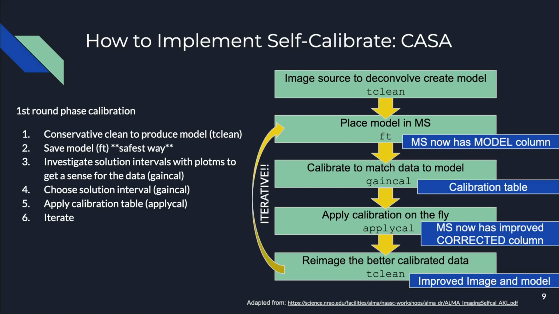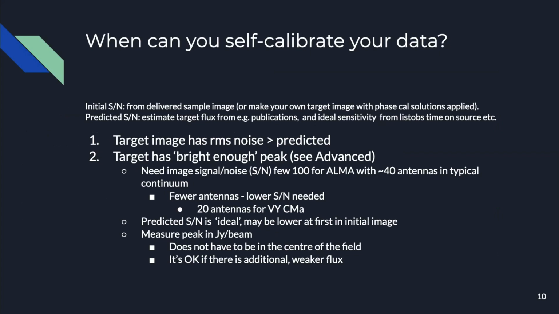So self-calibration is an iterative process that will finish once, for example, you can check that the signal to noise in the final map is not getting better, and that is a clear sign that you should stop working with self-calibration, that no more improvement can be found. So signal to noise is an important parameter on this. And actually, signal to noise is the first thing that you should look at when deciding if you want to do self-calibration or not. If you have ALMA data, and that ALMA data was observed with more than 40 antennas,